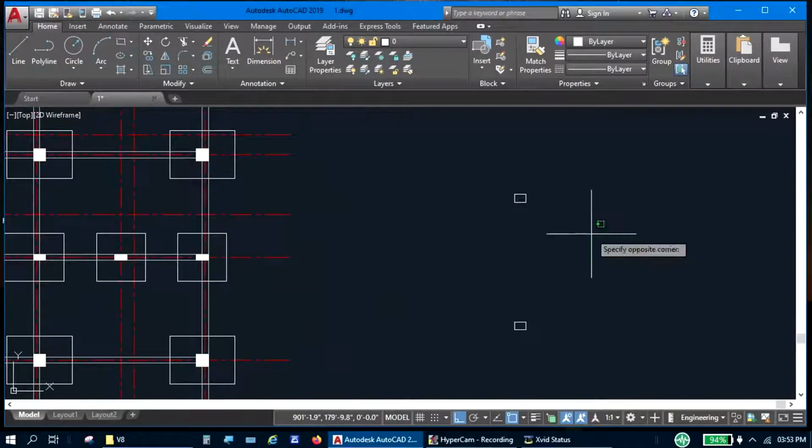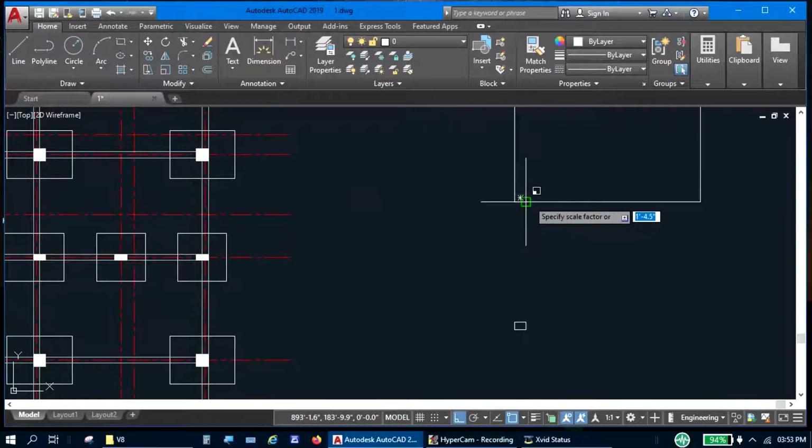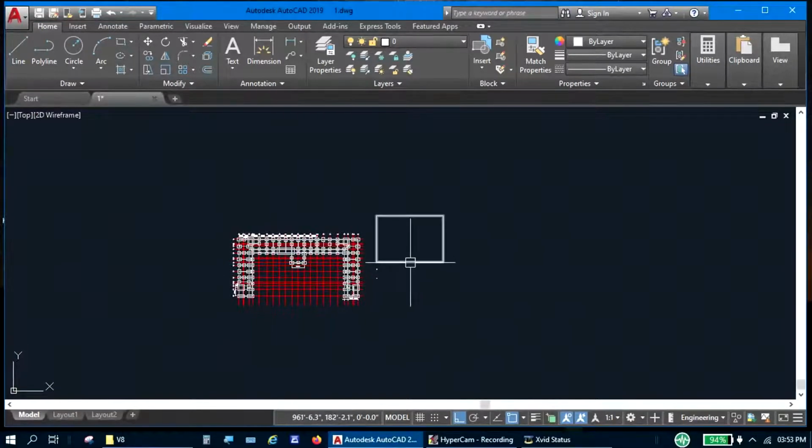Type SC for scale command, select one rectangle, enter random scale factor 100, but it seems very smaller than the planned drawing and will not fit to the rectangle.